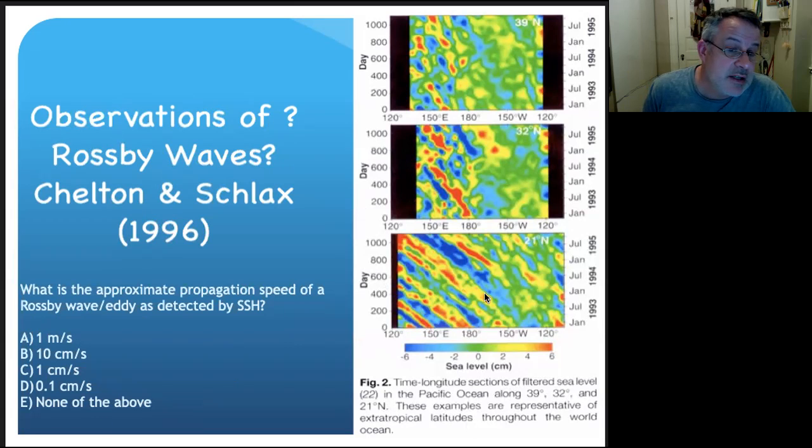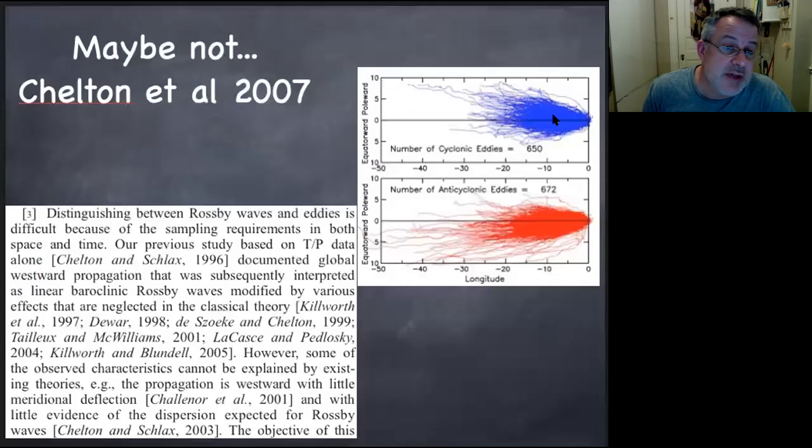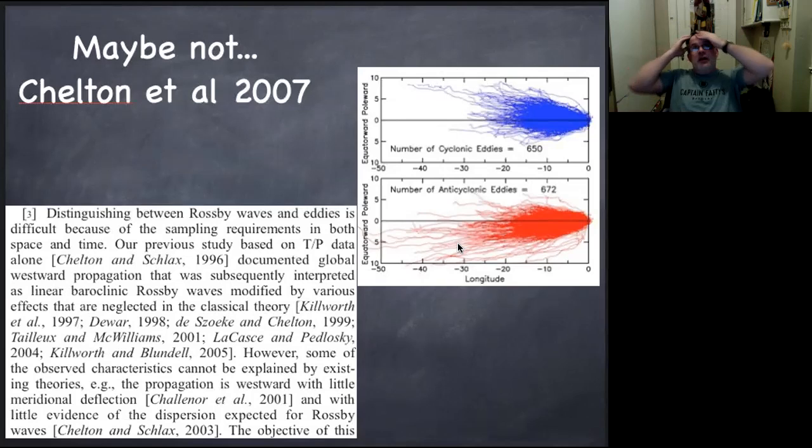and not just have highs and lows propagating westward like this, they actually found in 2007 that the cyclones and anticyclones that make up the Rossby wave, the cyclones were all propagating with a little bit of northward drift. The anticyclones were propagating with a little bit of southward drift. It turns out that this is a feature of nonlinear vortices or eddies, that they tend to attract themselves to the pole of their same sign.